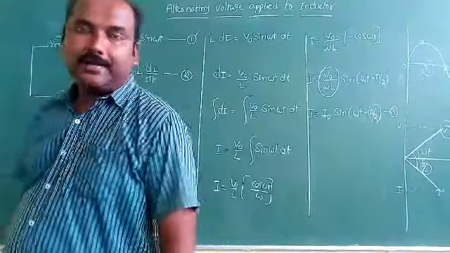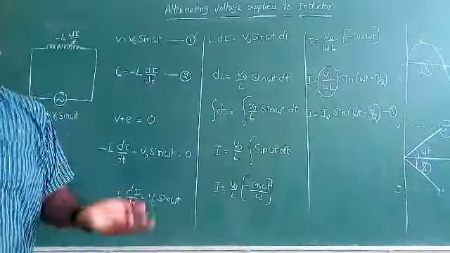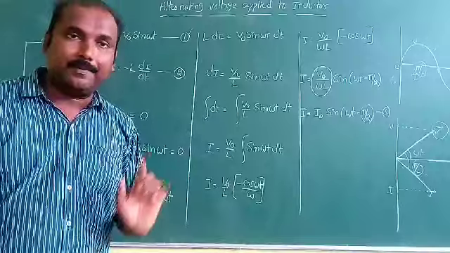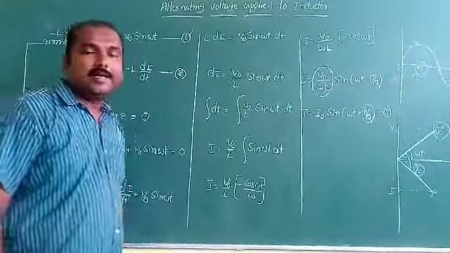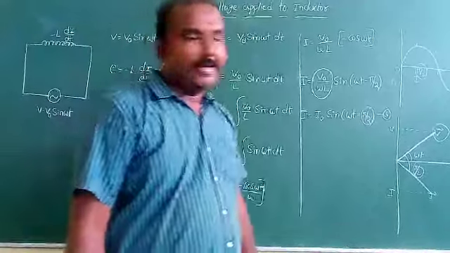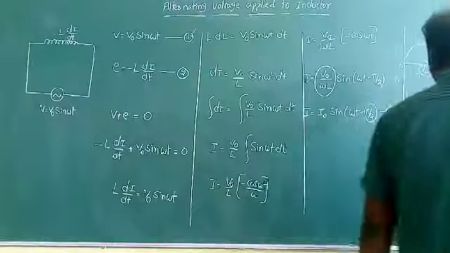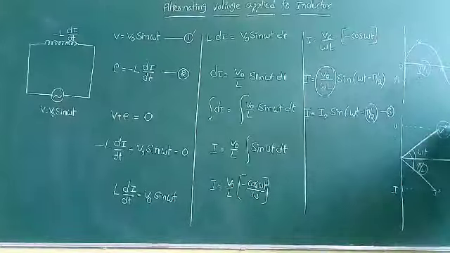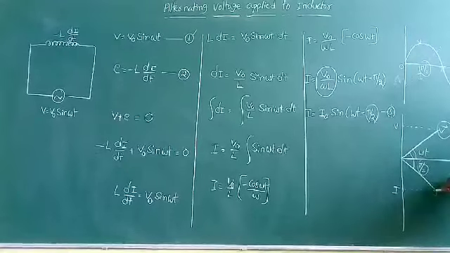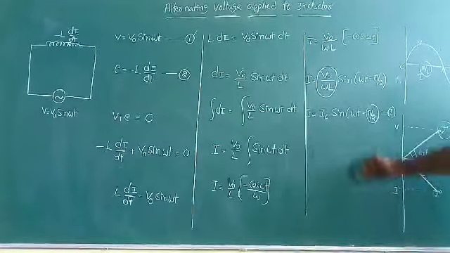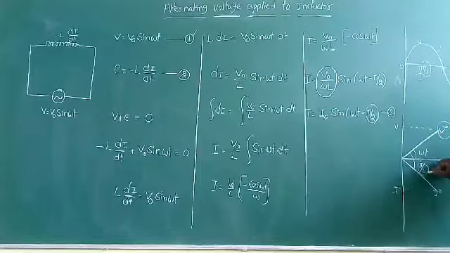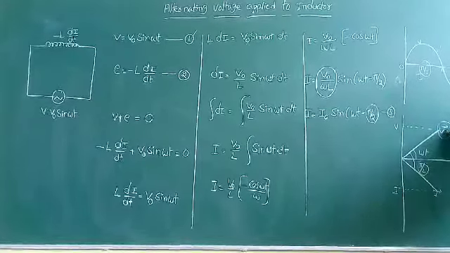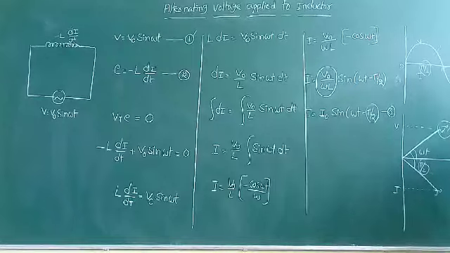And which one is leading? Voltage is leading. Which one is lagging? Current is lagging. So finally, from this it is concluded that voltage leads the current by an angle of 90 degrees. And here you observe the phasor diagram. This is the voltage vector and this is the current vector. Both are moving in anti-clockwise direction, and you see the difference of phase is 90 degrees. So that is the reason here voltage leads the current by an angle of 90 degrees.